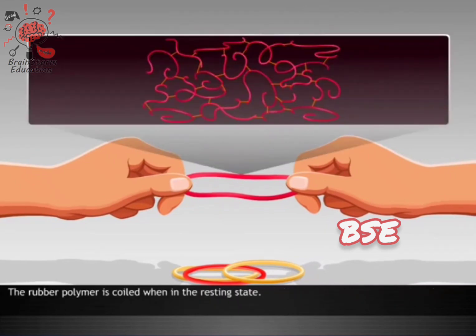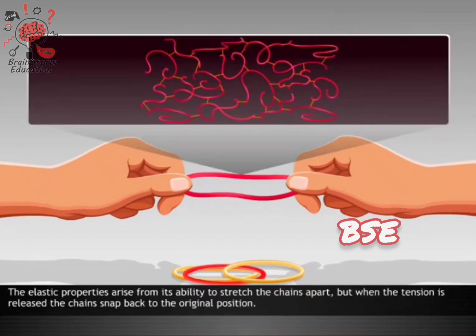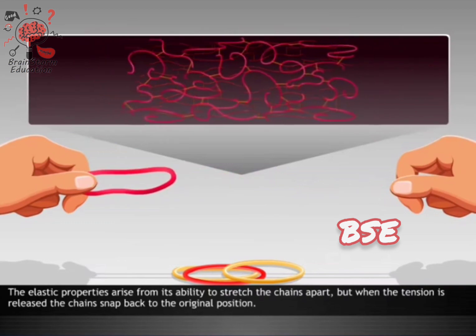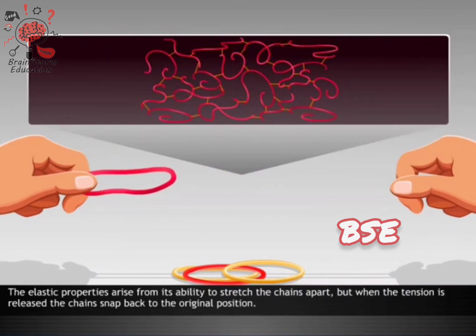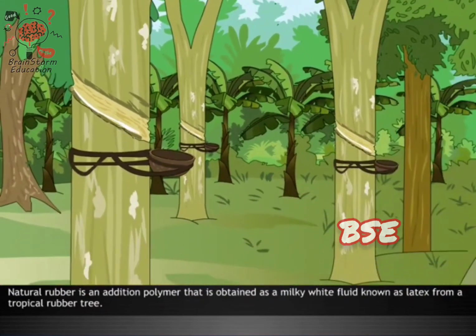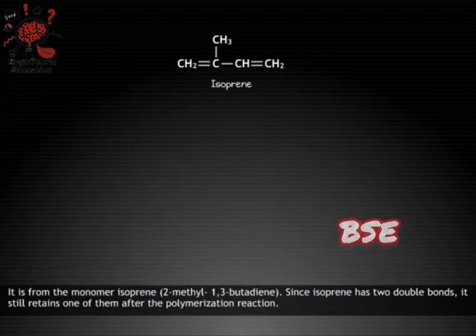The rubber polymer is coiled when in the resting state. The elastic properties arise from its ability to stretch the chains apart, but when the tension is released, the chains snap back to the original position. Natural rubber is an addition polymer that is obtained as a milky white fluid known as latex from a tropical rubber tree. It is made from the monomer isoprene,